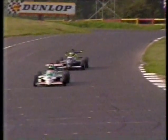Now, one of the problems in Formula Opel, a bit like Formula 1 in fact, is that it's very difficult to overtake here at Mondello. There really are only 2 opportunities. One is coming up right now as they come up the hill towards Dunlop Hairpin, but you would have to be a lot closer than Michael Edgar is at the moment and poke the nose down the inside there. And the second real opportunity is down at the end of this straight, and that's where Edgar would have to build up the slipstream, dive out into the clean air, get the downforce on the car and sneak down the